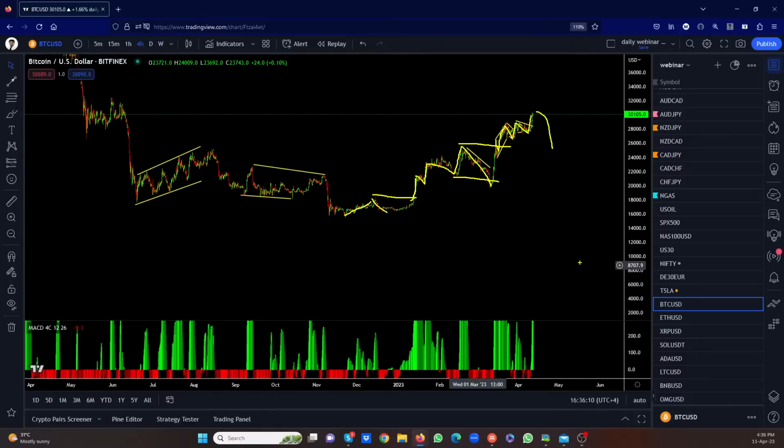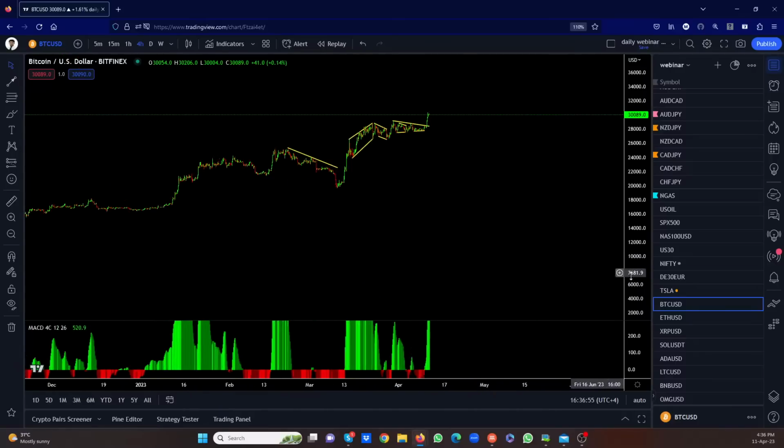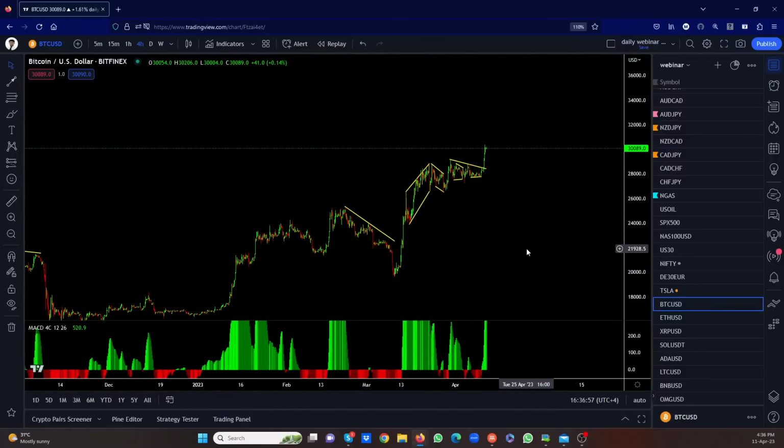A pullback. So if you want to make money, of course this could go a little more, but don't try to catch this when it's already at the top. Wait for it to pull back and then try to get it from the bottom here going. That is where you will make money. Now this might spike up a little and you say, oh my God, I'm out of it, I'm missing everything. I should have bought it rather than wait for a pullback. And it goes a little more, you buy here, and then you watch it drop.